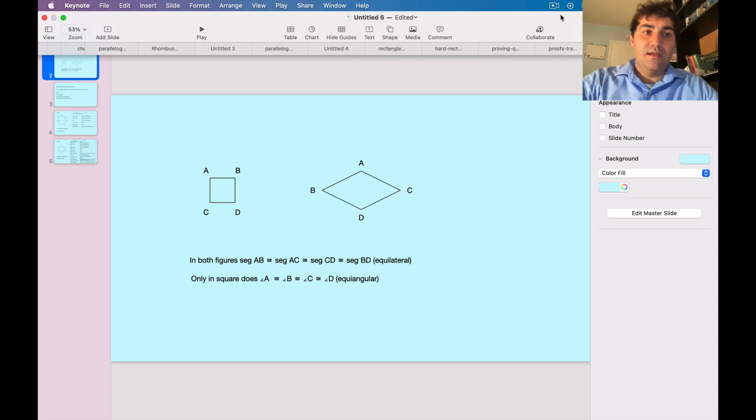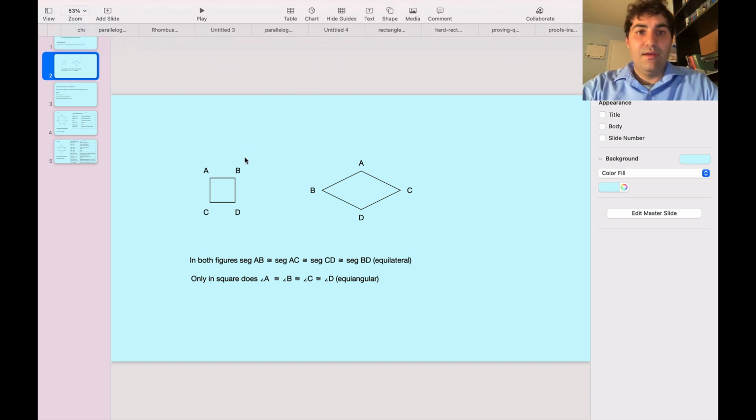So let's show how that works. We have square ABCD. All the sides of the square are going to be congruent, so the square is equilateral, and all the angles are going to measure 90 degrees. All these angles are going to be congruent, so the square is equiangular. I have some problems pronouncing that, but